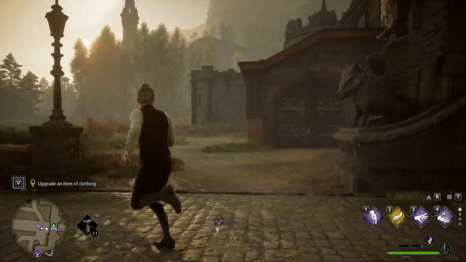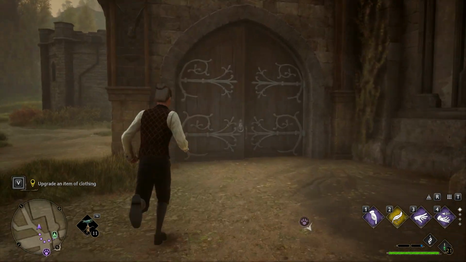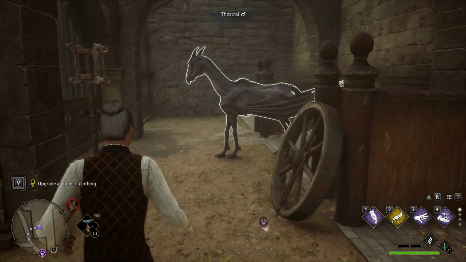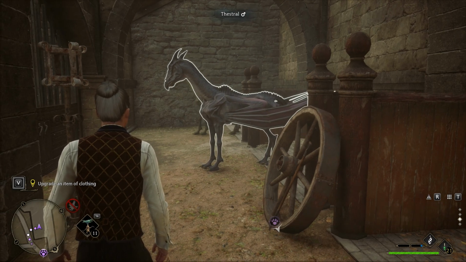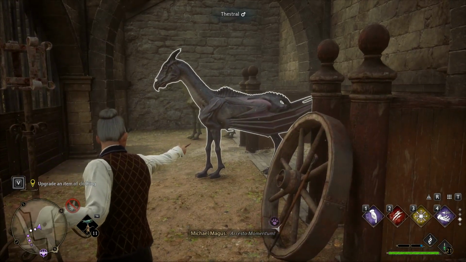I believe, yes indeed, this is the gate leading out of the castle. And this is like a stable parked here. I imagine it's for the chariots coming in, but here you can see yet another thestral hanging out right here. So I'm going to try and Arresto Momentum. Maybe that...